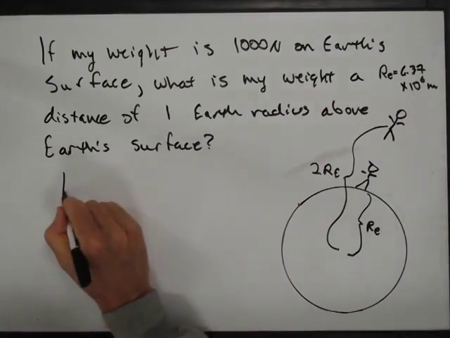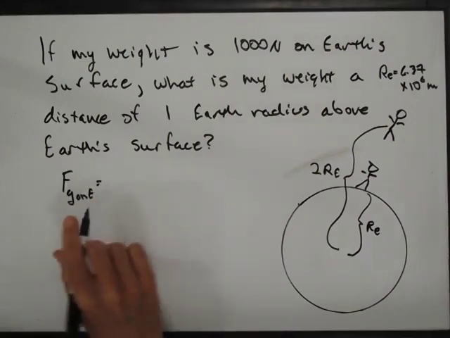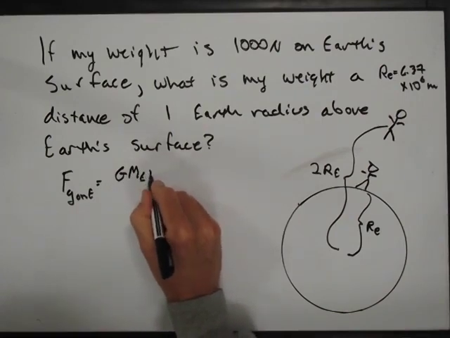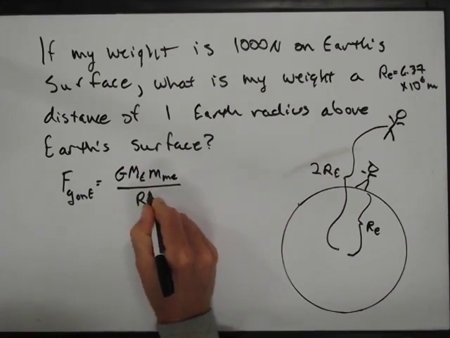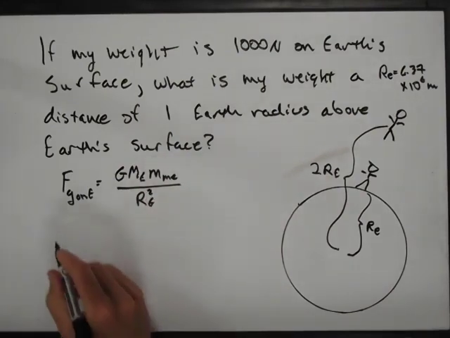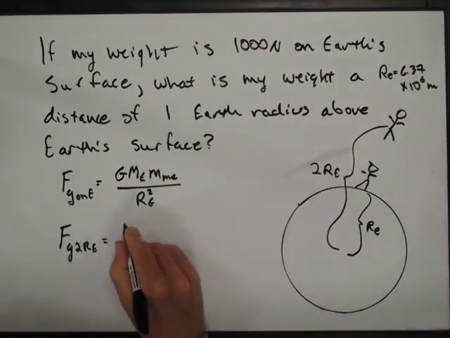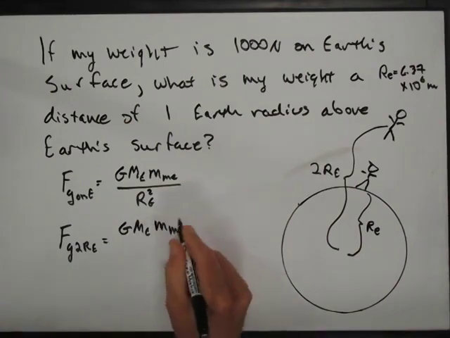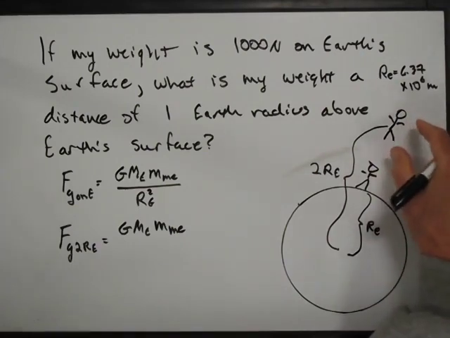And we can figure that out by saying, look, the force of gravity on Earth is G times the mass of the Earth times the mass of me over the radius of the Earth squared. The force of gravity up here, all the numbers are the same. G times the mass of the Earth. The mass of the Earth doesn't change. The mass of me doesn't change. Remember, mass doesn't change. Weight gets different, but the mass is the measure of the stuff that I have,